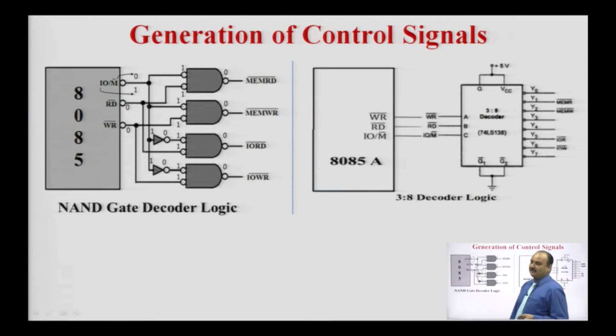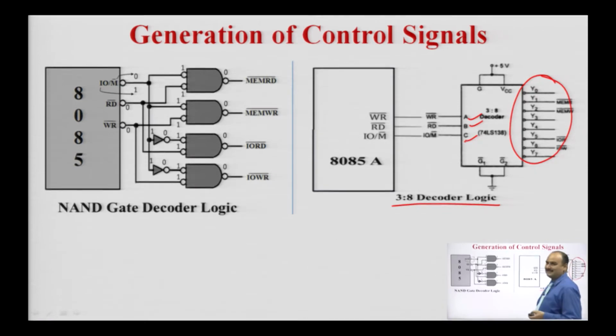Now, the second commonly used technique is the 3:8 decoder. In this 3:8 decoder we have 3 inputs, that is input A, input B, input C, and the decoder has 8 active low outputs, that is Y0 to Y7. In addition to these inputs and outputs, the decoder has 2 groups of control signals, that is G1 bar and G2 bar,